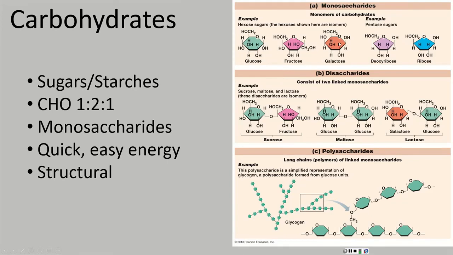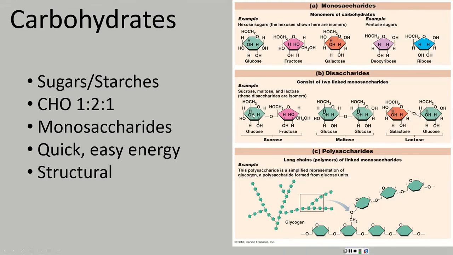Now the monosaccharides, single rings, are the monomers, but we can start building things. We can start joining them together. If we have 2 monosaccharides and we join them together, now we have 2 rings with a bond formed between them. These are called disaccharides. Disaccharides are 2 monosaccharides joined together. And some common ones,